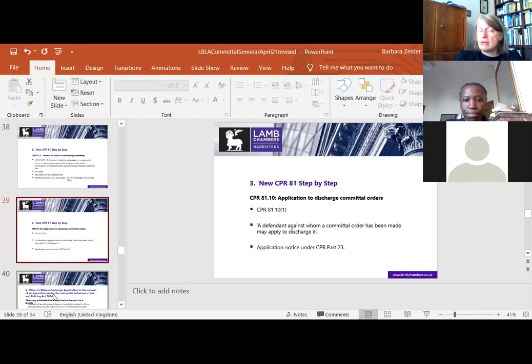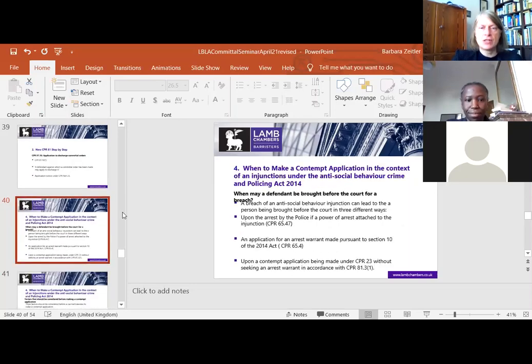And then finally, the last provision of those 10 rules is the possibility given to the defendant to apply to discharge the contempt order. So that was homing in on CPR 81 in a bit more detail,